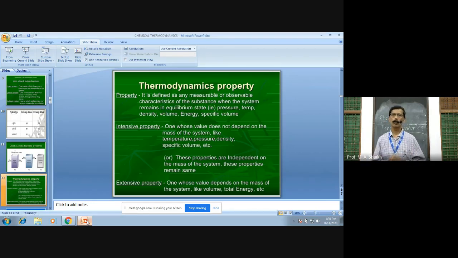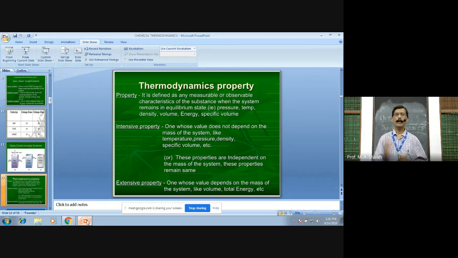Suppose the question is, what is an extensive property? Which property is called an extensive property? Then your correct answer is: the measurable or thermodynamic property that depends on the quantity of matter present in the system is called an extensive property. जो थर्मोडायनामिक या मेजरेबल प्रॉपर्टी सिस्टम में की क्वांटिटी ऑफ मैटर पे डिपेंड होती है वो यानी एक्सटेंसिव प्रॉपर्टी.